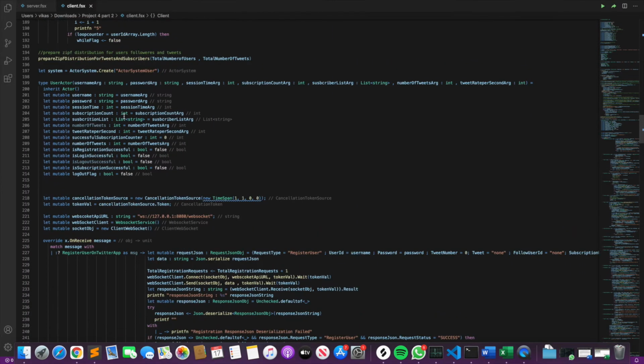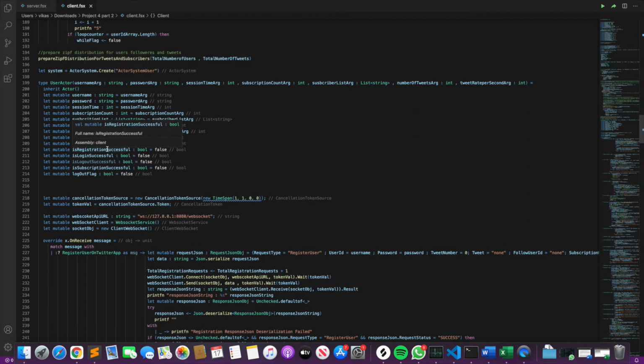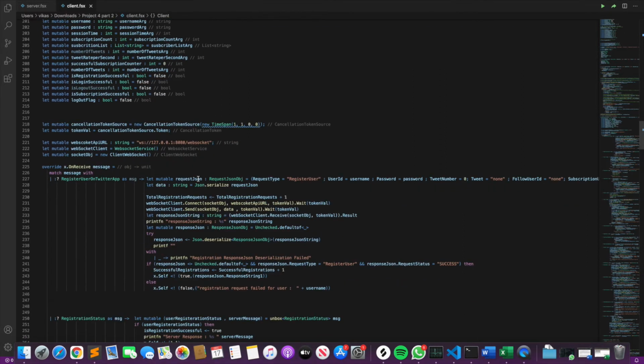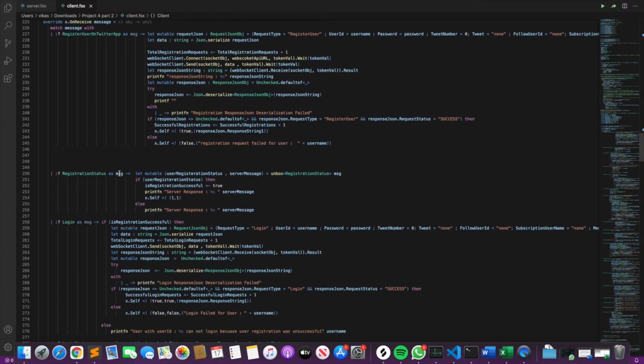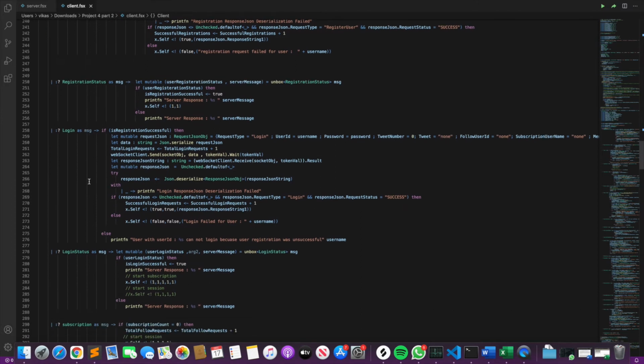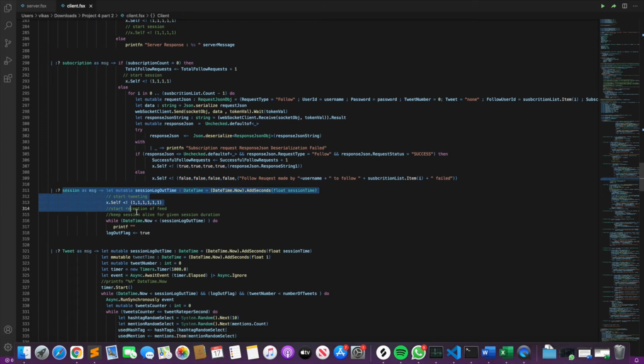And then we have the user simulation, and I'm simulating users with actors. Each actor simulates one user, and as you can see, it goes in a flow. When a user uses this Twitter API, the simulation is done step by step. First he'll register, then if the registration is successful, he will be able to log in, and once he logs in, the session starts. A session is basically a given time for which the user will remain active, the time duration between login and logout.